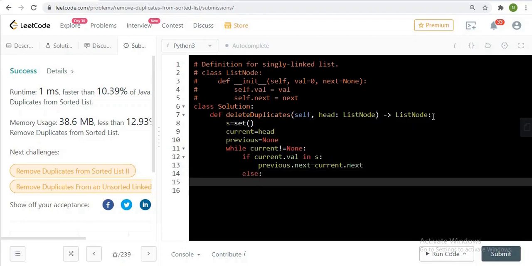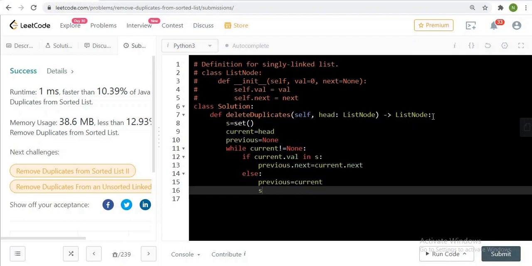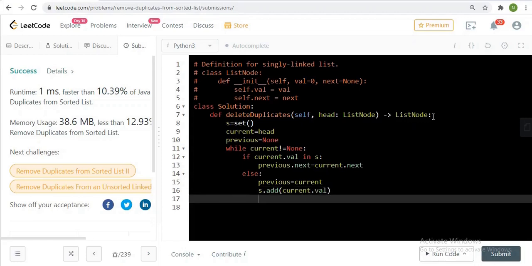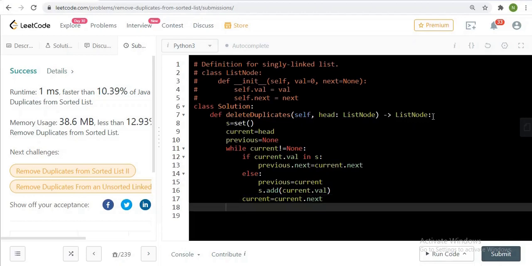Then previous is equals to current and then s dot add current dot val. Now iterate it. So current is equals to current dot next. And now finally return the head node.